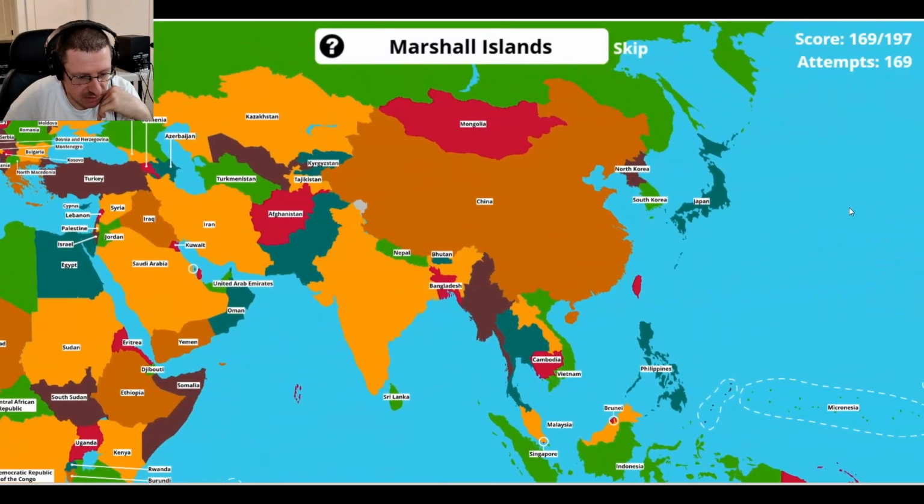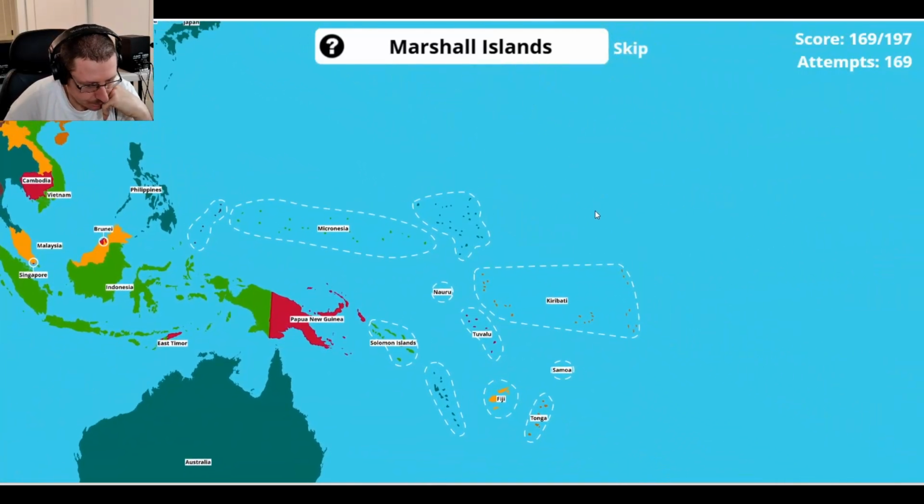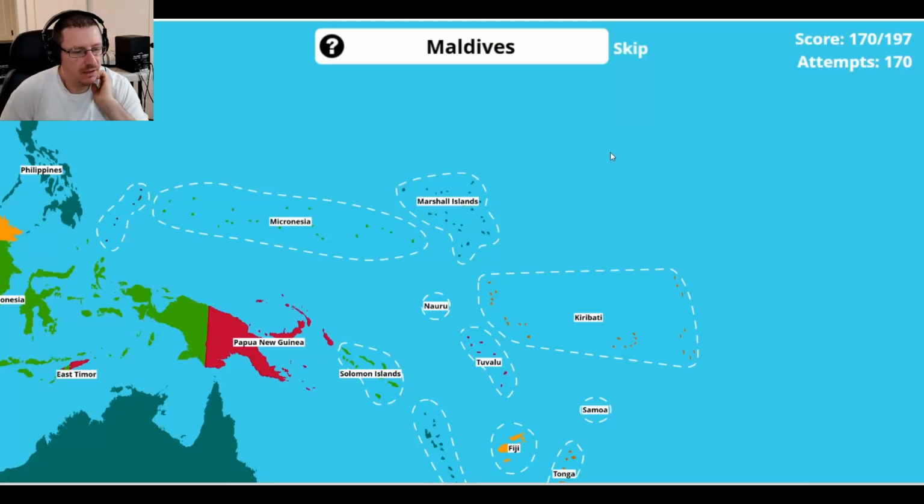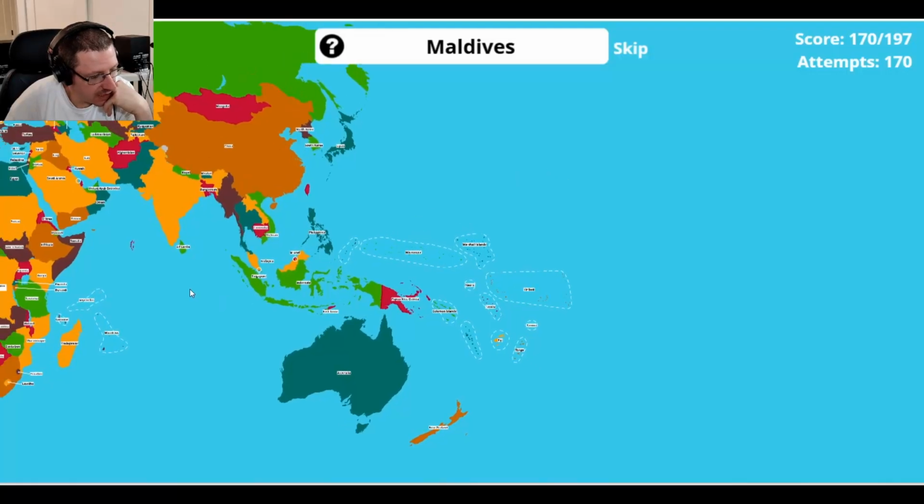Marshall Islands. I found out something interesting about the Marshall Islands right here. So Micronesia is right here. Marshall Islands are right here. The largest, most powerful nuclear bomb from the United States was tested there. I think in the 50s. Yeah, it's like a 15 megaton nuclear bomb. And to this day, there's still radiation problems from it.